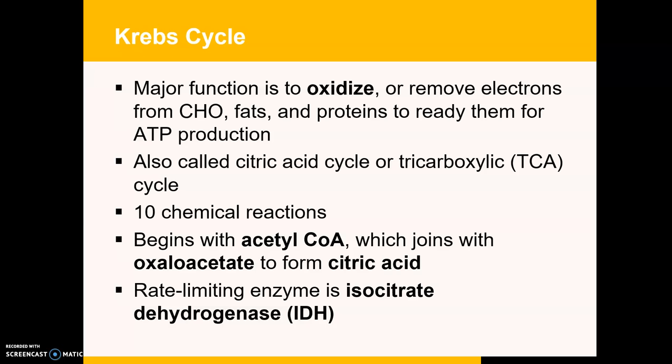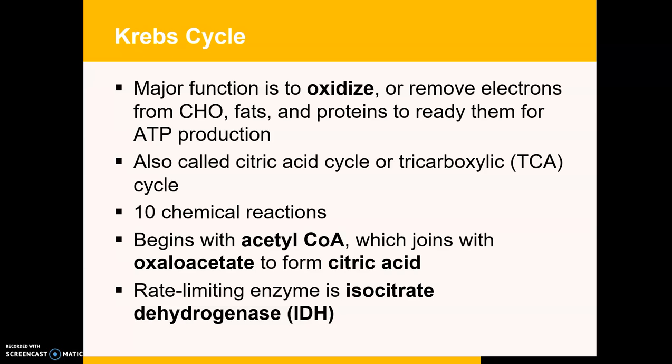So again, when glucose has been broken down into pyruvate, the pyruvate molecules are shuttled into the mitochondria. Once in the mitochondria, the pyruvate is converted to another important intermediate compound, which is called acetyl-CoA. In this process, a molecule of carbon dioxide is created, the first of 3 for each complete turn of the Krebs cycle. One can begin to see the production of carbon dioxide that goes along with the utilization of oxygen in aerobic metabolism. The Krebs cycle is a series of 10 chemical reactions that begin with acetyl-CoA, a 2-carbon